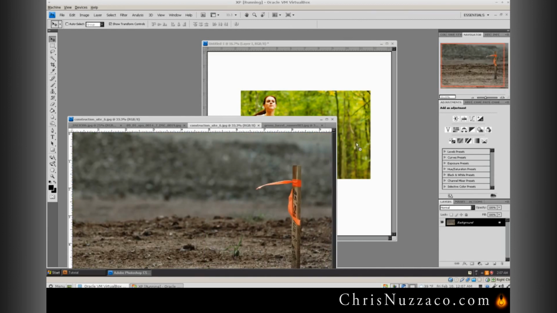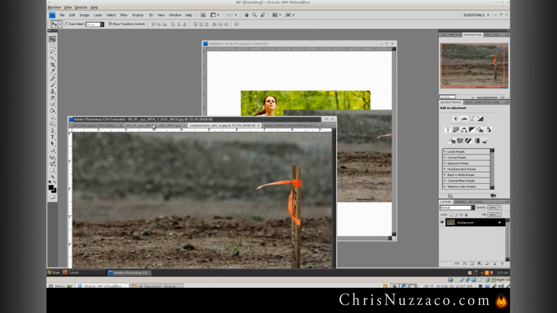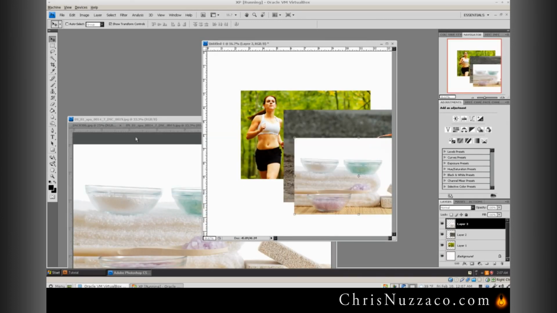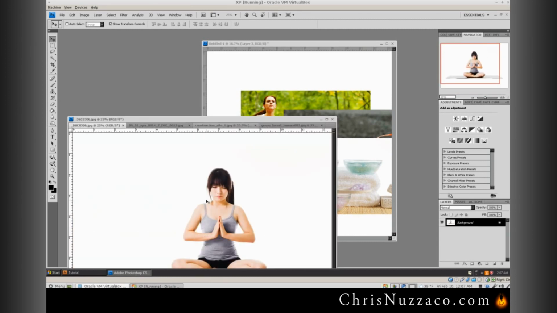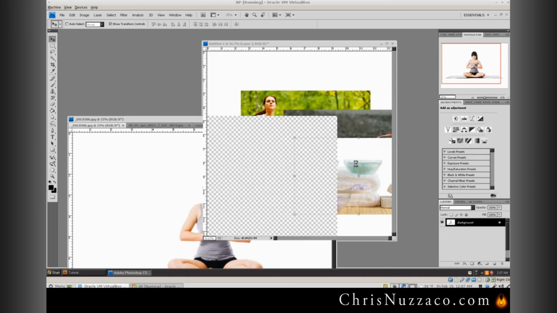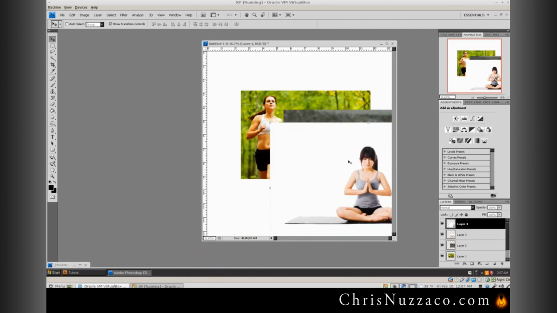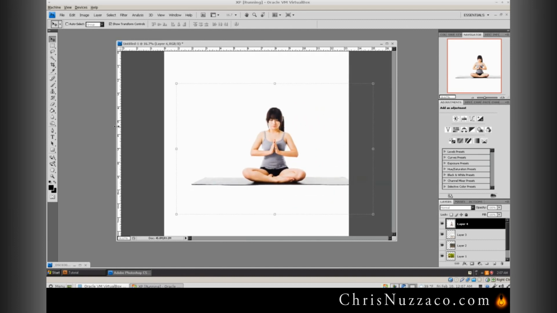This is going to be the ground she's going to sit on. Her mat. And the woman herself. Now before I go any further, I do want to call attention to